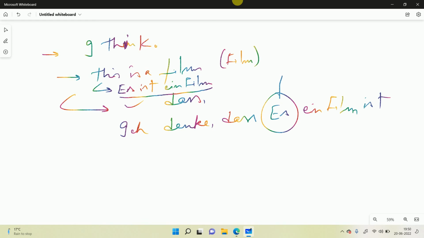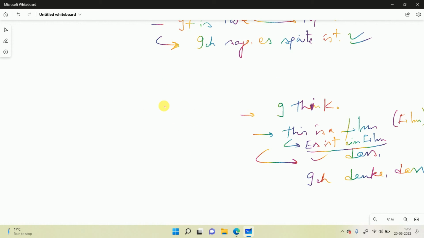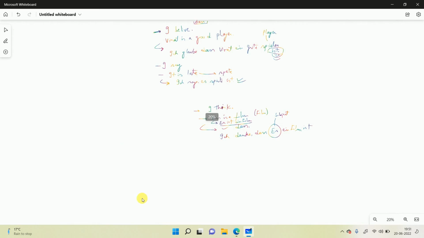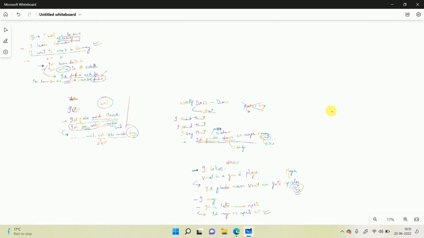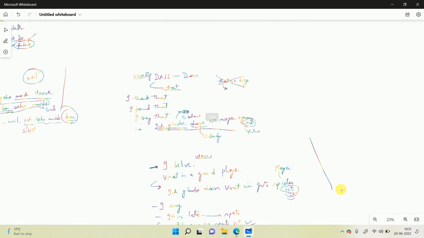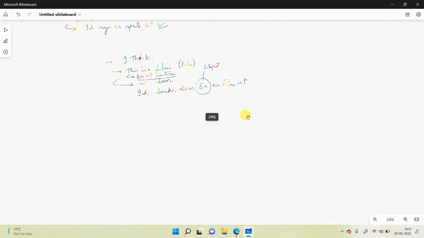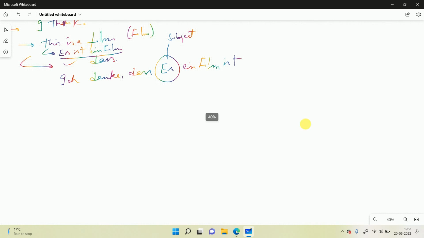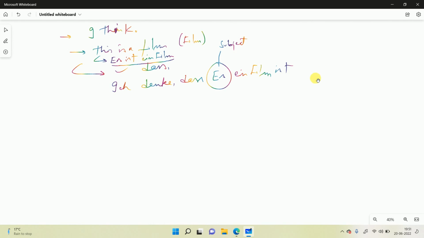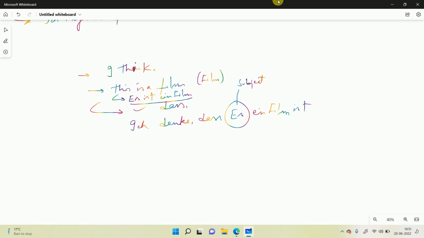So S is maybe the subject, because about what we are talking about. I don't think I'll be able to show the formula again because I don't know where it is right now. But at the start, I have written it. So if you'll see, the subject should come just after the subordinating conjunction, right? Just a correction that because the film is masculine, it will be er ist ein Film. Yeah, you're right. Absolutely right. Correct.